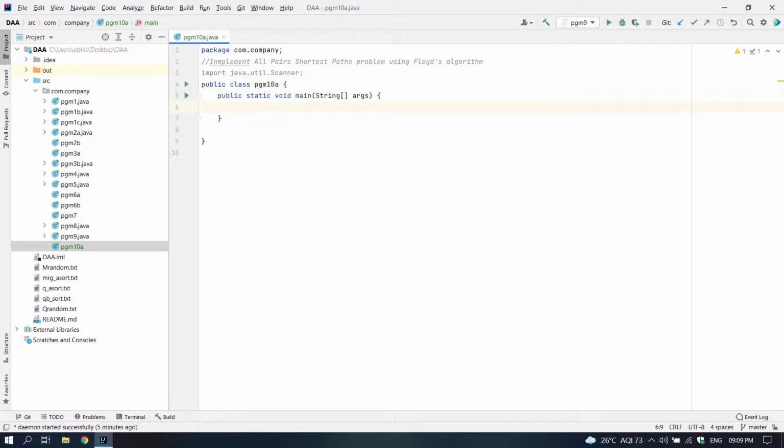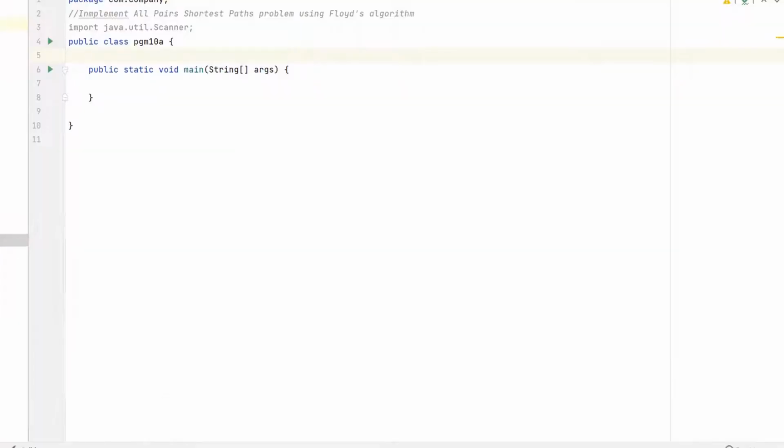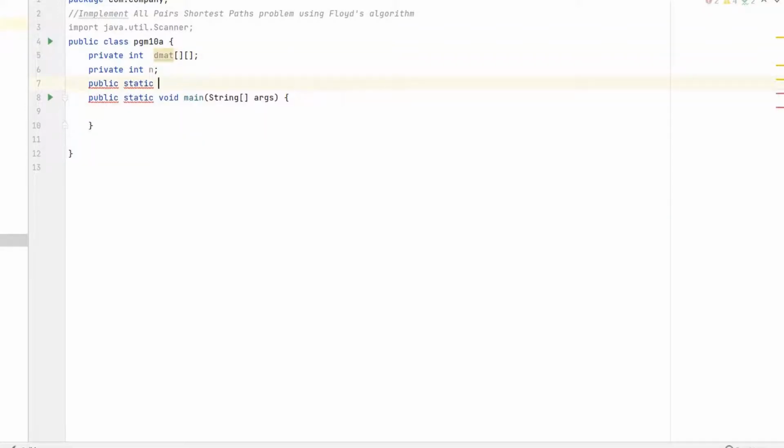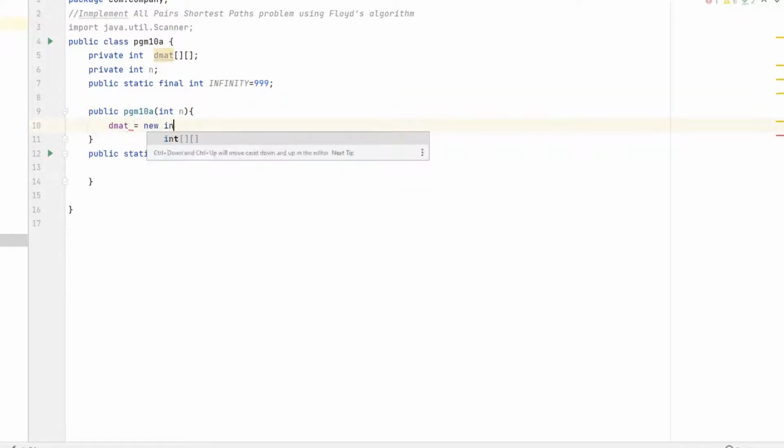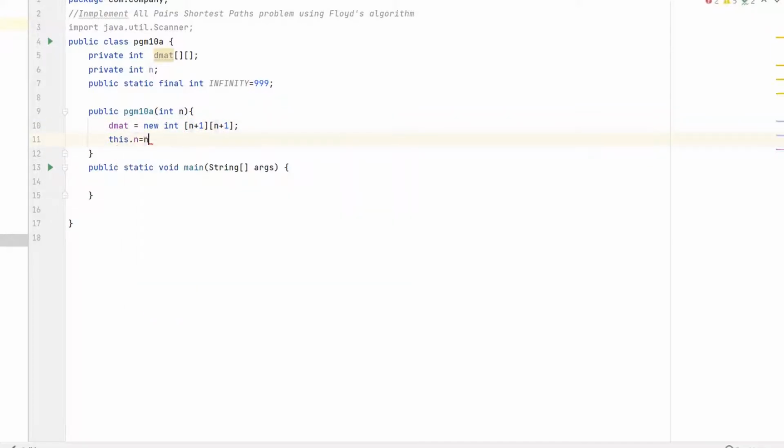So we will start by importing the Scanner class and some globally declared variables: an integer n, a final integer infinity, which is 999, and a 2D array dmat. Now we will make a constructor of this class which will take an argument n, and this constructor will initialize the dmat to n plus 1 rows and n plus 1 columns.